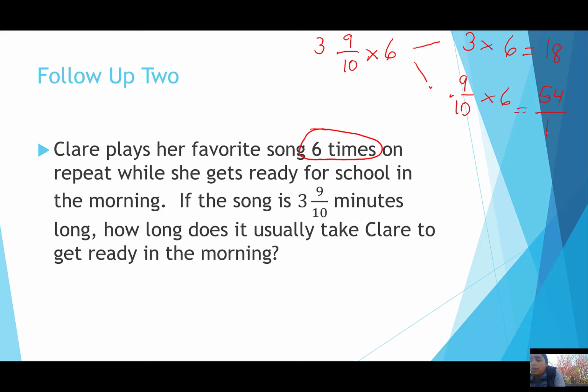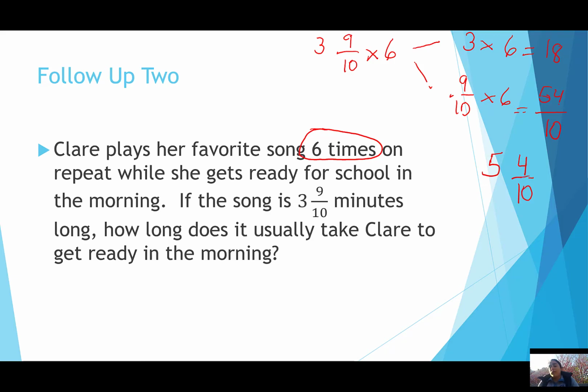Remember, I do not change the denominator because otherwise I would be making an equivalent fraction. That's not multiplication. So now I'm asking myself, how many wholes are there in there? If I count my 10s, 10, 20, 30, 40, 50, there are 5 wholes. And 4/10